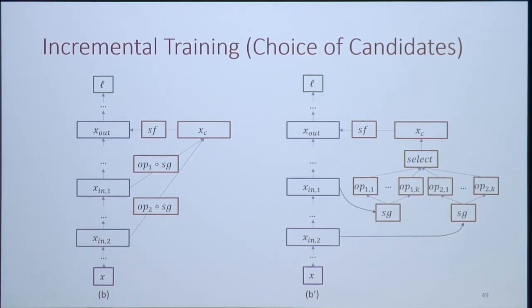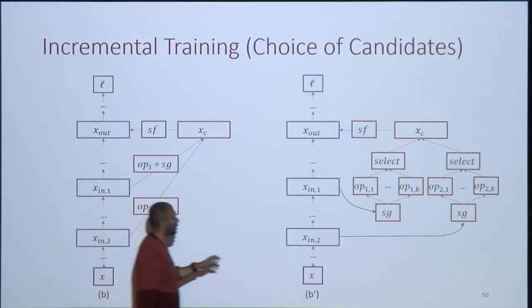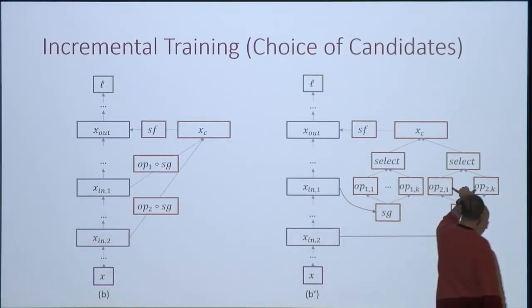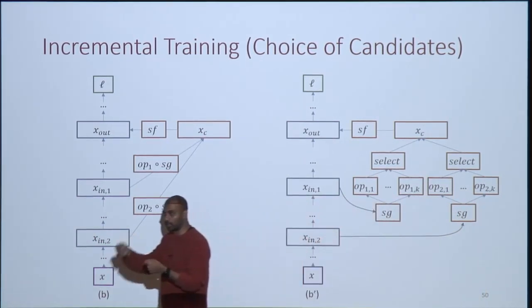So I can add them up again by doing this particular stop gradient, stop forward trick. One of the things we do is impose an L1 sparsity penalty on all the operations. Then we pick the operation that has the most weight amongst the k. So there's an L1 regularizer on all of this, plus an L1 regularizer on all of this, and we greedily do selection, right? So this is again like gradient boosting. We are doing greedy selection, and